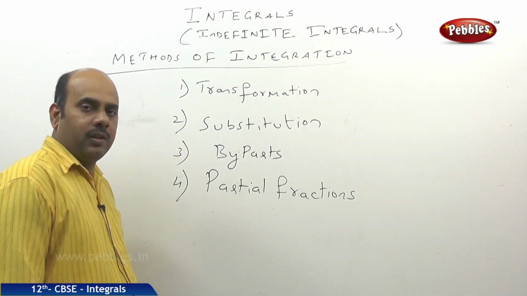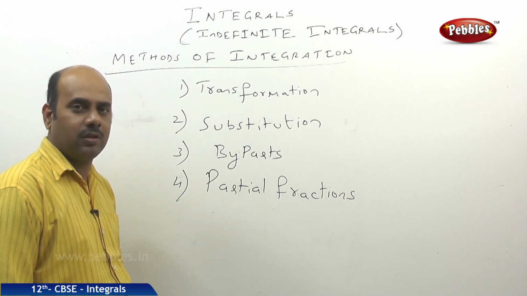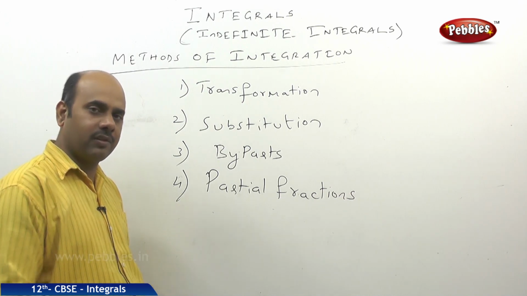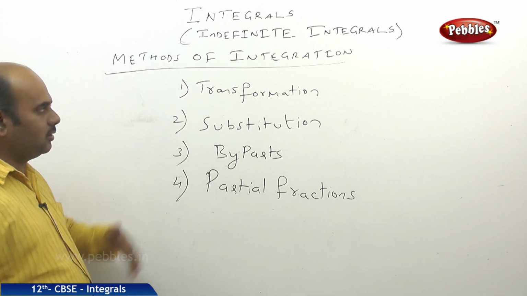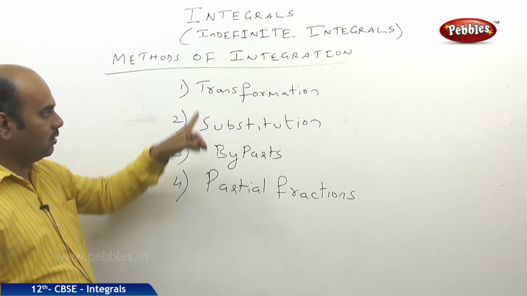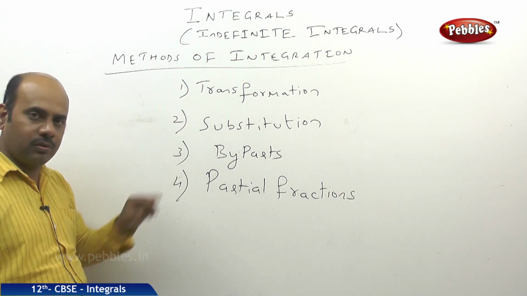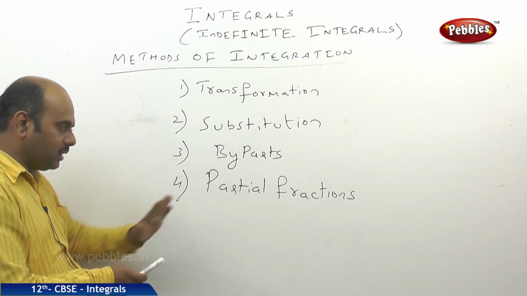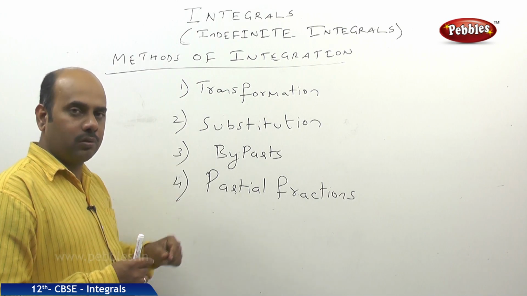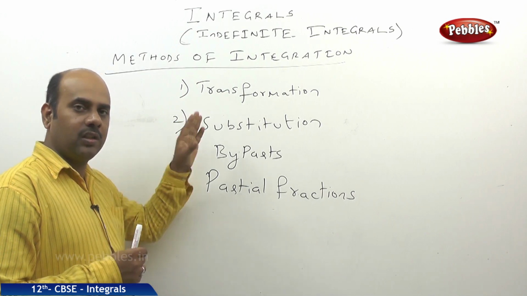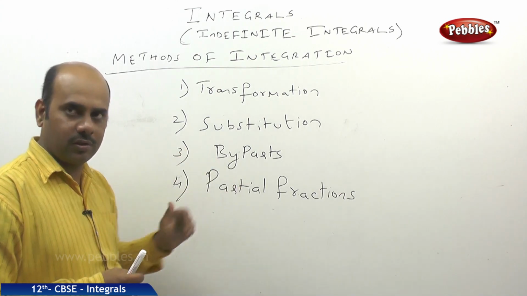trigonometric function. Right friends, in previous class we had seen some basic integration concepts and application of integration with respect to algebraic function and trigonometric function. Now we shall go for a little bit higher level. There are various methods of doing integration. The very first one we call integration by transformation, next number 2 substitution method, number 3 by parts, and number 4 partial fractions. In today's class we'll be seeing 2 to 3 examples based on this particular transformation. I'll be taking 2 to 3 problems and remaining problems I give as a worksheet.